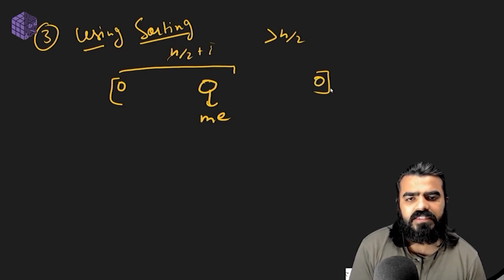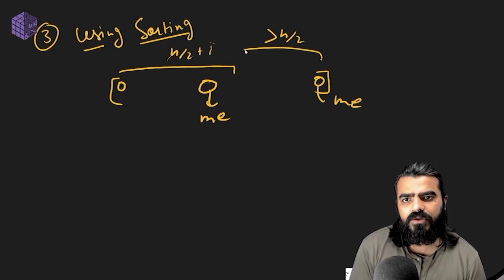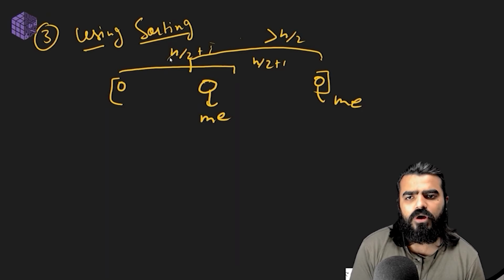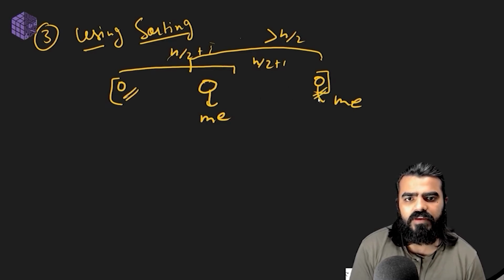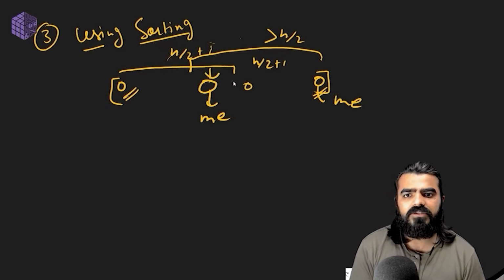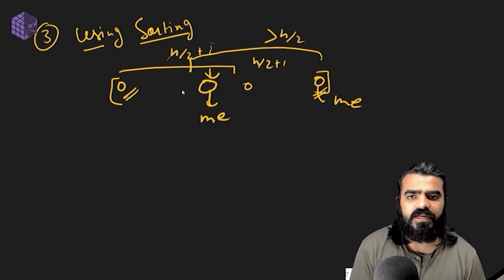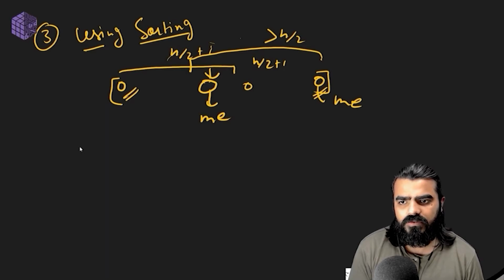Similarly, if the last element is my majority element, then it appears the last n by 2 plus 1 times or more, it can be the complete array itself. But we can see that on both of these extremities we are getting the answer. If it is over here also, anywhere in the middle also, if it is n by 2 plus 1, there is no way that the middle space is not occupied by the majority element if it is sorted. So we can see an example also over here.